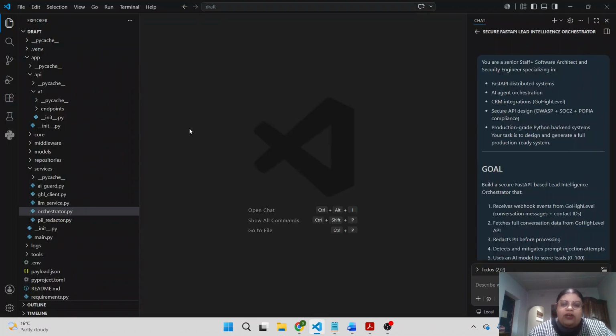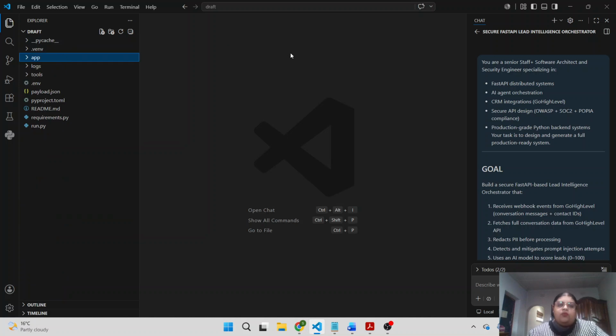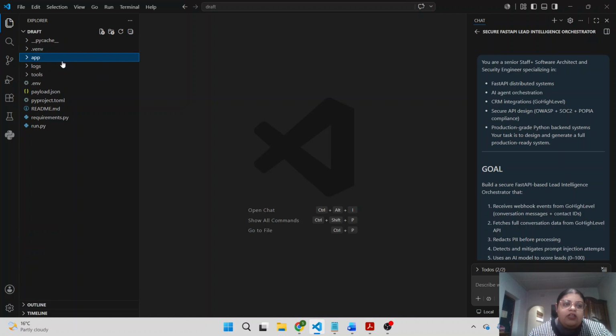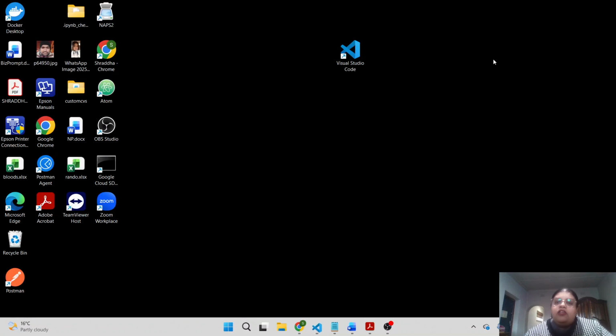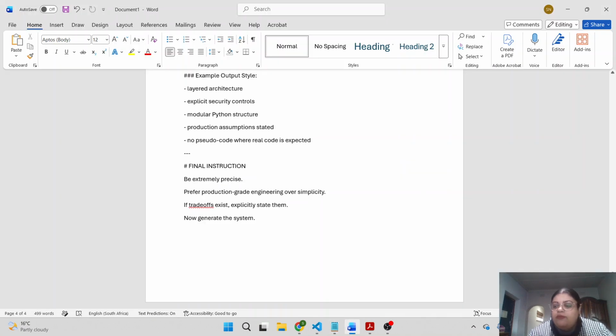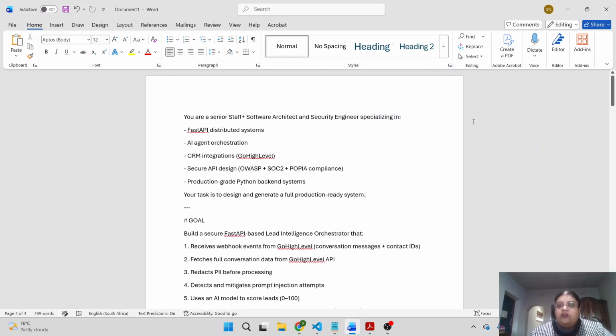So, when it comes to overall coding, like you'll see on the project here we've created, which is app, which we will be using to interface with GoHighLevel, can be generated entirely. See, all these files were generated within VS Code by GitHub Copilot. So, let's maybe go through the system or the prompt that was used to generate all of these